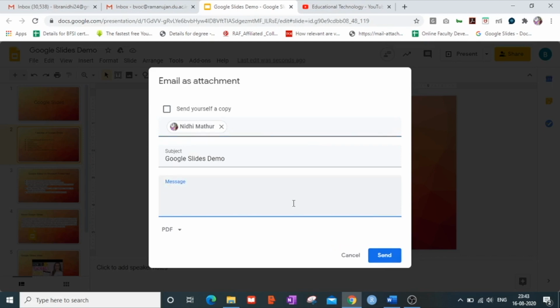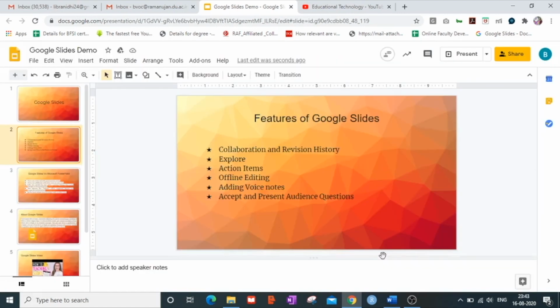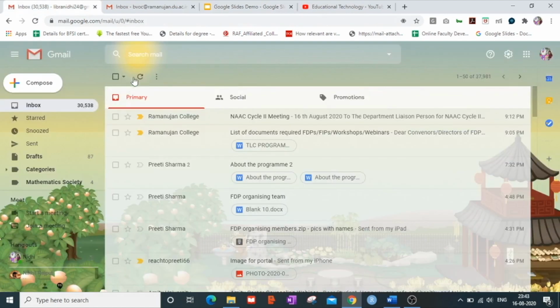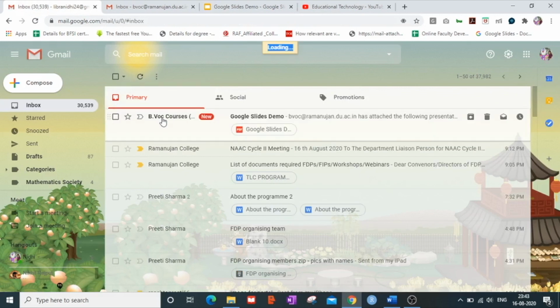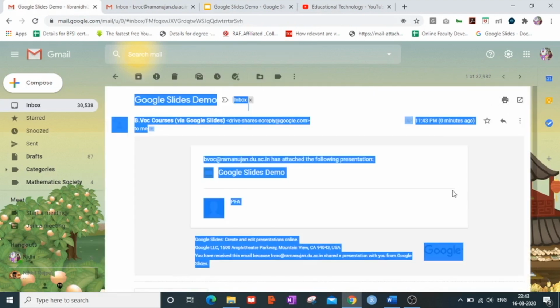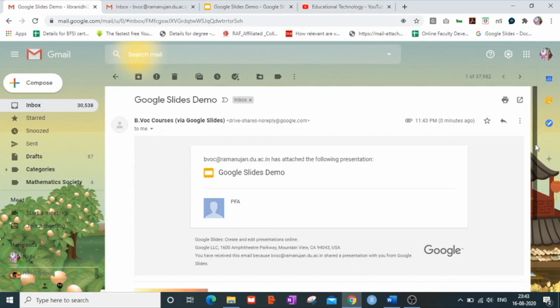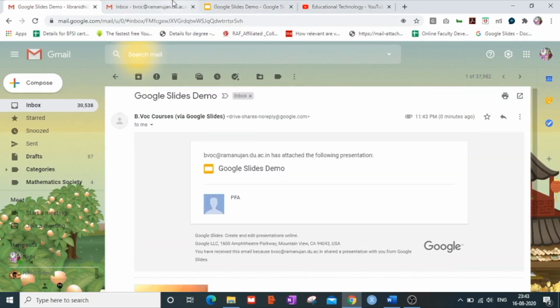I enter my email ID, write something as the message and press on the Send button. Now when I refresh my inbox, I see that my presentation has been mailed to me that I had sent from some other email ID.